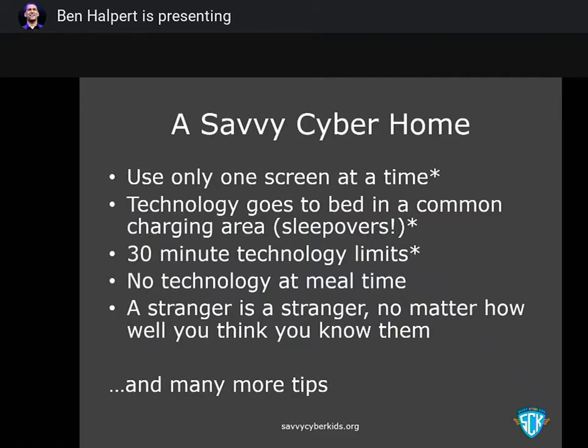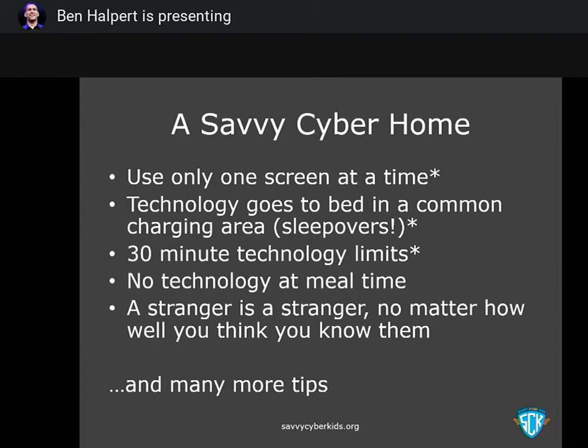If they're playing a game or they're in an app and someone says, hey, send me a picture without your shirt on, or send me a picture without your clothes on, or do this or do that. If that stranger, that sexual predator, does that for 3 hours straight when you think your kids are sleeping, guess what your child's eventually going to do, because their brain is not functioning at its highest level. They're going to send the pictures or videos. So let's take that temptation away from our kids. Let's make sure that they can be successful with their tech.